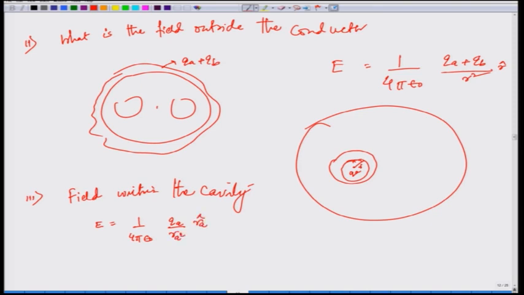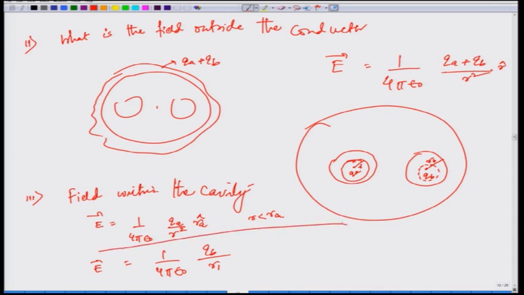pointing along the radial direction. The same goes for the second cavity: this is RB, this is QB, and I am supposed to calculate the field here. So the electric field vector will be 1 by 4 pi epsilon naught QB by, let us say at any R, because RA we have defined as the radius. So R square, in the RA direction, but in this case R is less than RA.